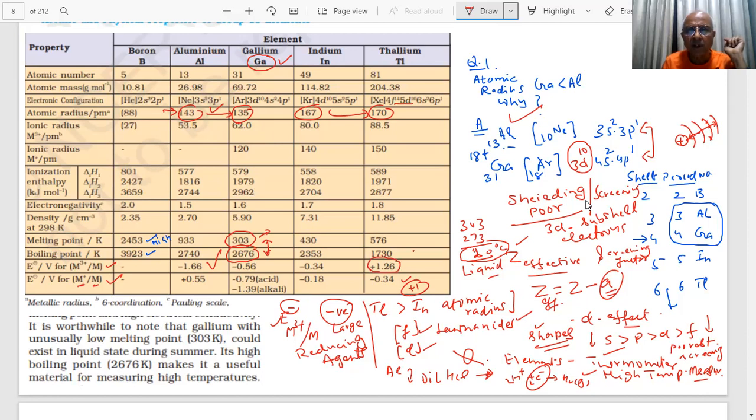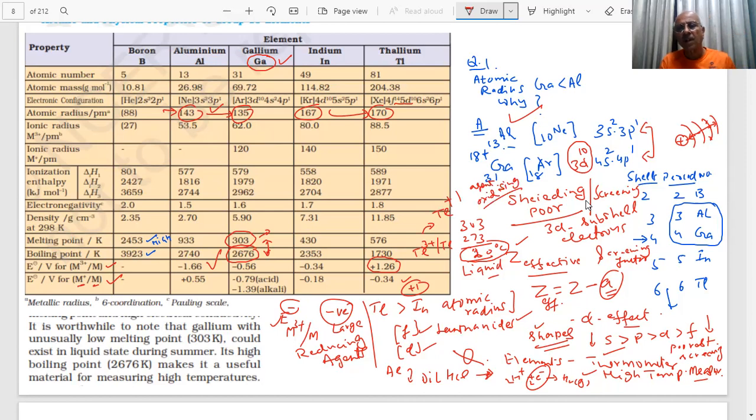Thallium 3 plus to thallium is positive, meaning what? This is not stable, student. It has a tendency to go away; plus 3 is not a stable state of thallium. It will immediately gain electrons to go to thallium plus 1. 3 to plus 1 means what? Gain of electron means what? Reduction. Therefore, these are oxidizing agents. Yes or no?